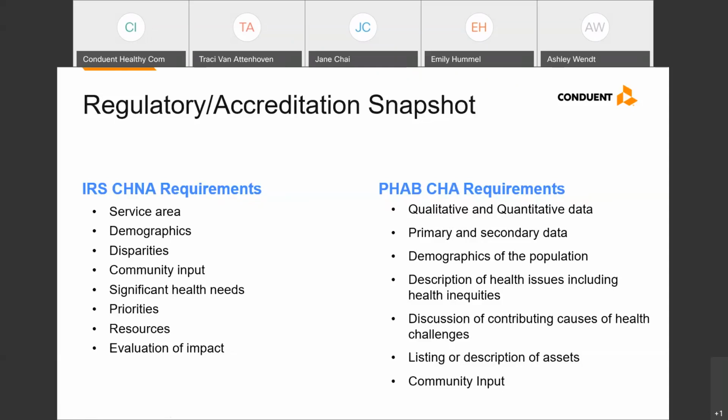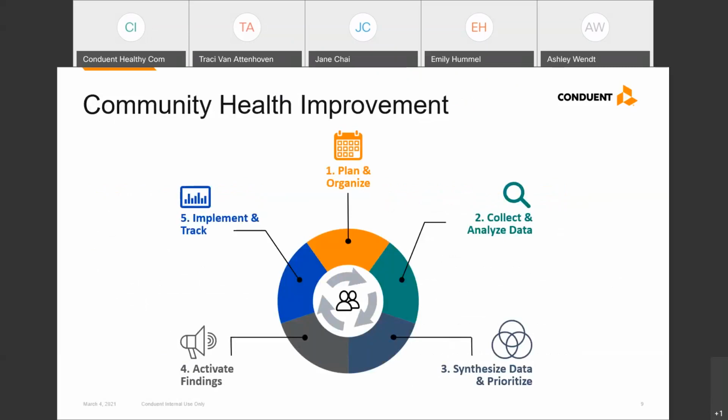There's a greater focus on leveraging resources and expertise and working collaboratively with partners to enhance the overall health system in a community. So regardless if you're trying to meet IRS reporting requirements, or if you're focused on FAB standards, for the sake of our discussion today, we've created a community health improvement overview graphic. We realize that the wording on this slide may not perfectly align with the IRS and the FAB wording, but we hope you'll see the continuity within the activities of each phase to understand how it relates to your specific assessment needs.